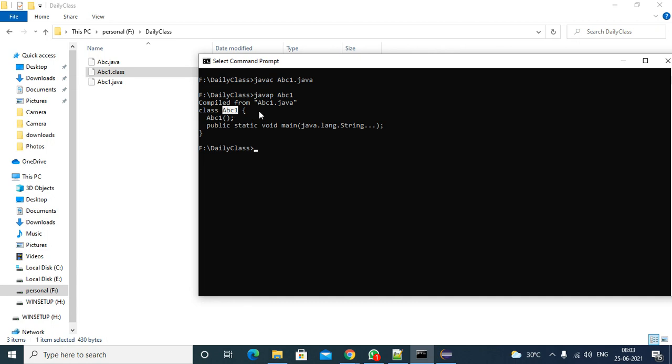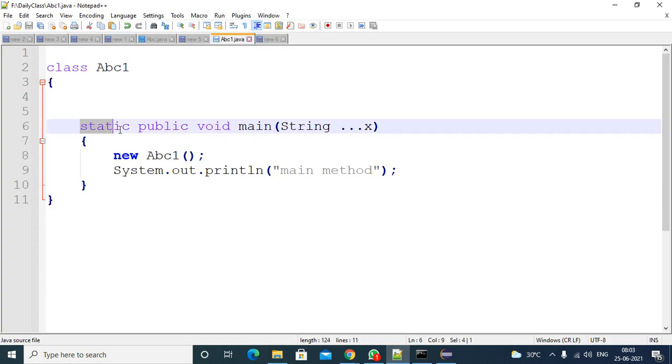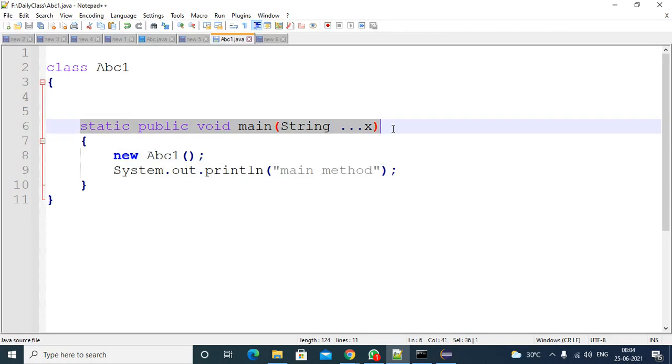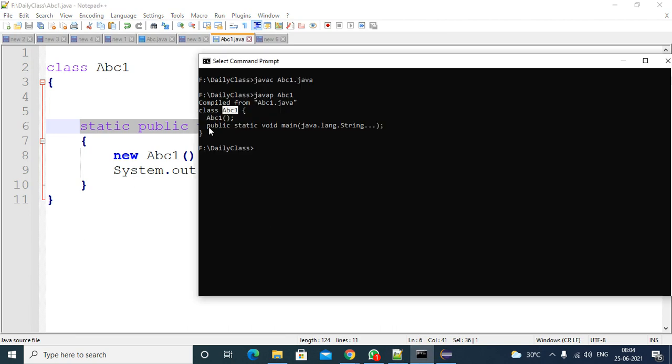Inside your class, you wrote this method, public static void main with String varargs. What is inside it is not displayed, only the method name is displayed, that is the outline. It displays the method name as you wrote it. You can add extra keywords also, like final, synchronized, native, strictfp. Whatever is possible, you can add here. So to see the changes, this is what the programmer added.